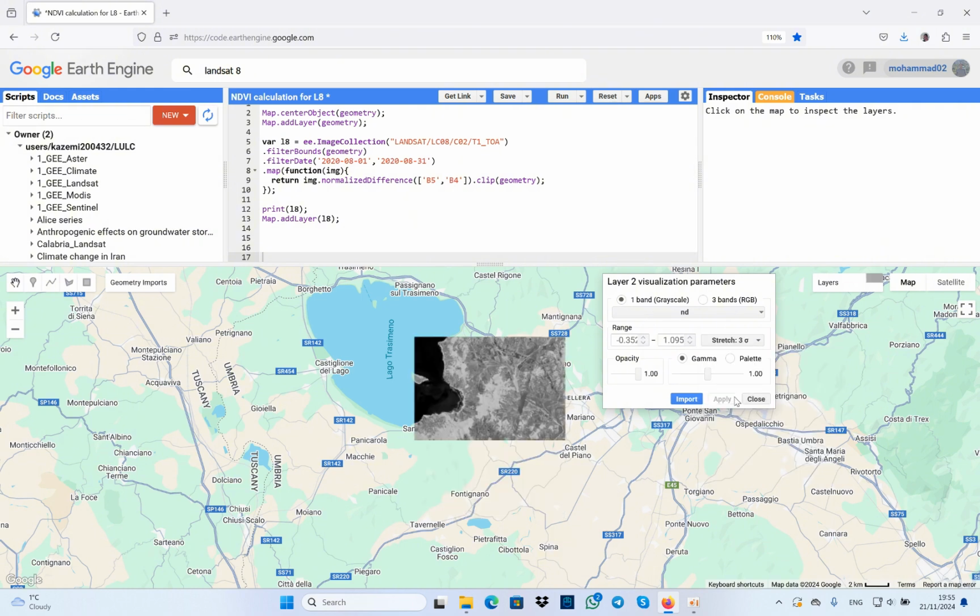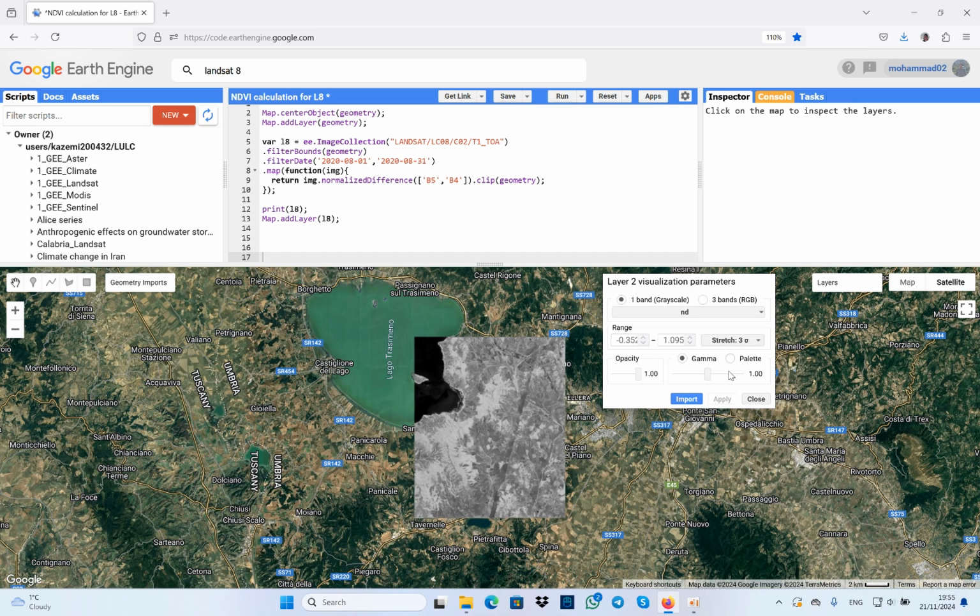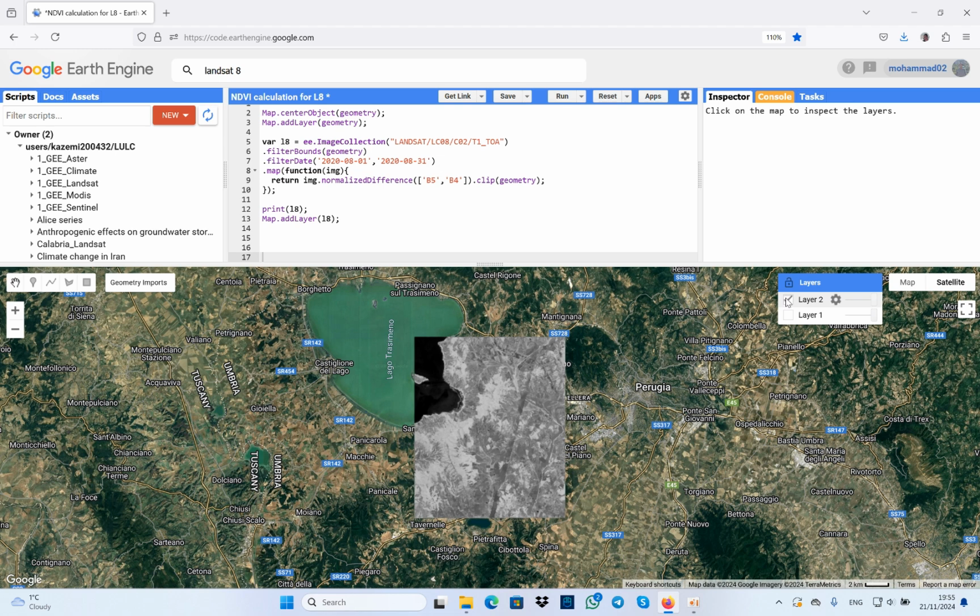Stretch in order to visualize better. As you can see here, water, vegetated area, and also I can change to the Google Earth satellite mode, and you can see different types of land cover. Here the high brightness means more dense vegetation, also barren lands that you can see here. The variation. In order to export my calculated NDVI, I can use